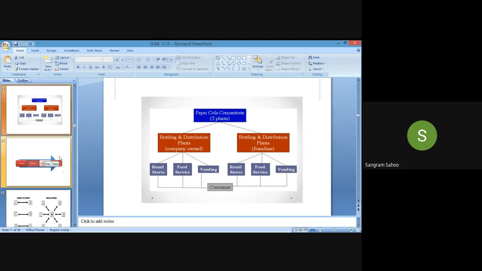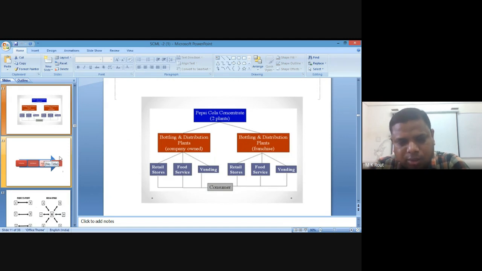They directly send within 24 hours. For example, in the case of PepsiCo's distribution strategy regarding the value chain focus on your supply chain, whenever you assign a particular distributor, the distributor is just provided a limited period of storing, that is a maximum of 24 hours or maximum 48 hours. Within 48 hours or within 24 hours, they will directly send to the retail store, food service, or vending zones. So there is no need to go for warehouse facilities or any kind of enhanced warehouse distribution strategies. Is it clear?